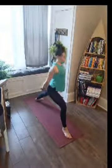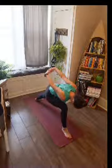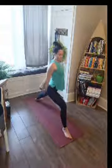If you're comfortable here and you want to fold, take an inhale and exhale, fold over your left knee, over your left thigh. If you're not, you stay right here, opening up the chest, holding here for one more breath in. And out,